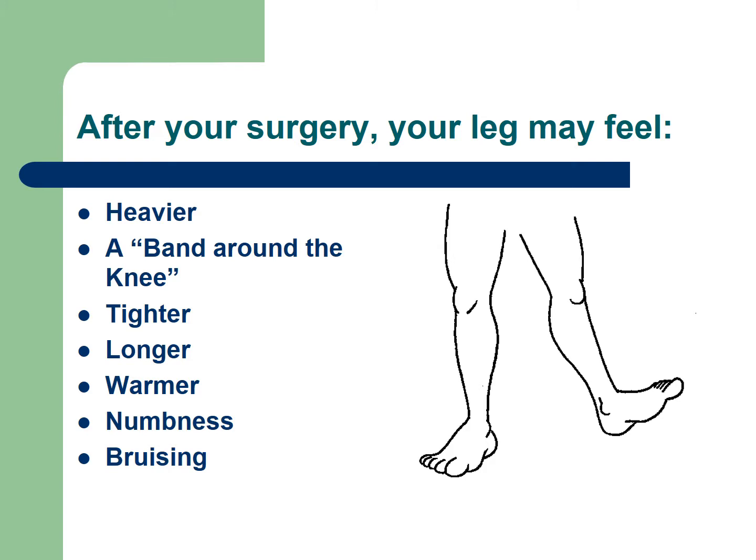So you might feel like your leg is heavier. For my knee patients, you might feel like there's a band around your knee just due to that swelling, and it might just feel tight all over in the leg. You also might feel like your leg is a little bit longer. They will take great care in surgery to ensure that you are as even as possible. So if you feel a little bit longer, it might just take a little bit of time to adjust to that new